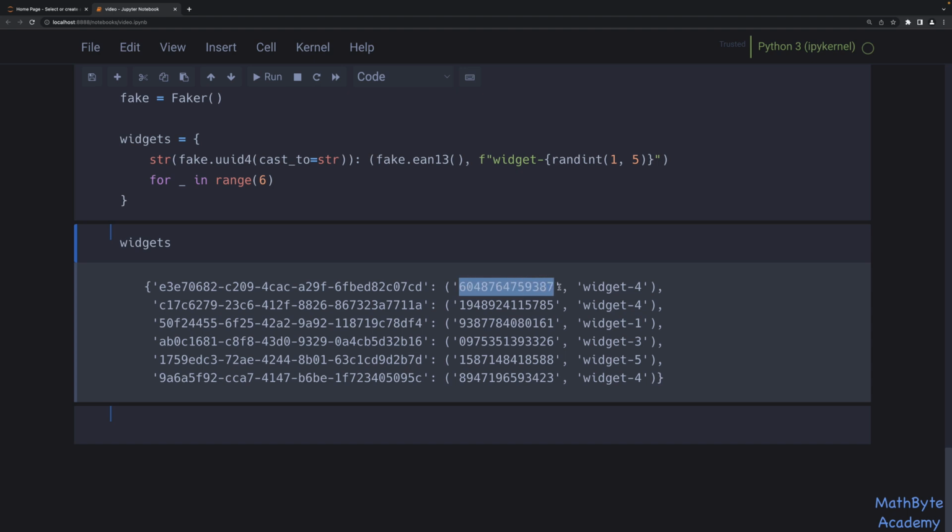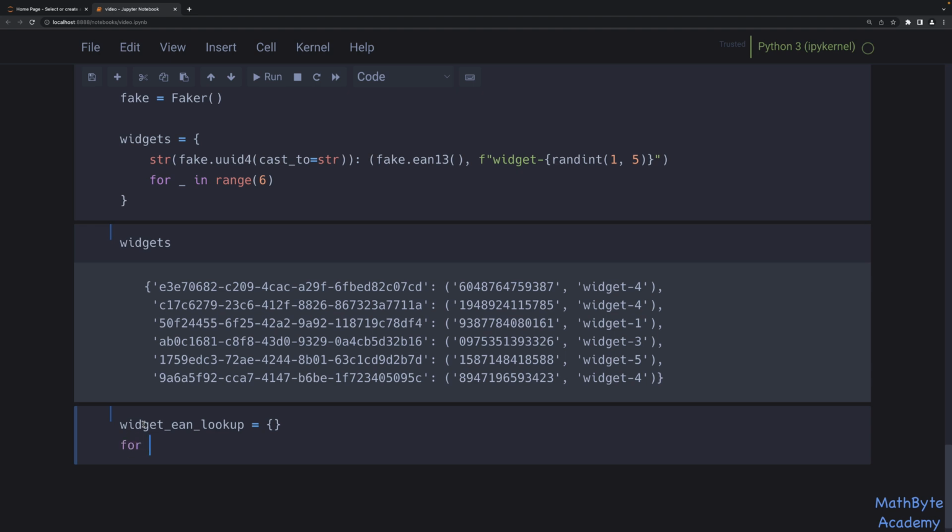So let's create a new dictionary that we're going to load up in memory, and it's going to basically have the EAN code, this code as the key, and then the other 2 values as the tuple. So how do we want to do it? Well, we could do it this way, but don't. I just want to show you the non-Pythonic way first,